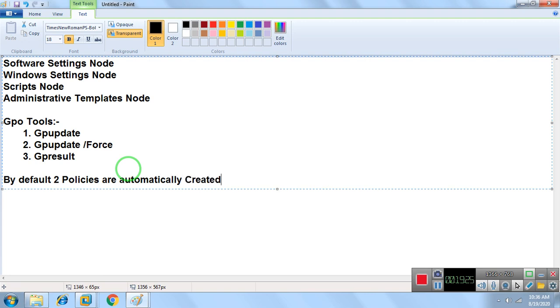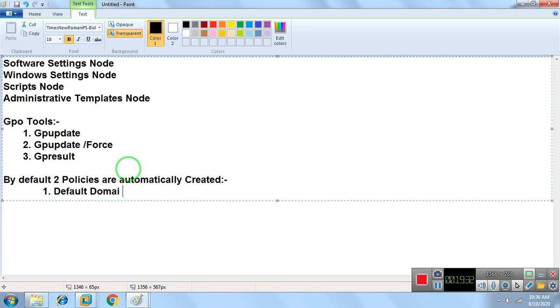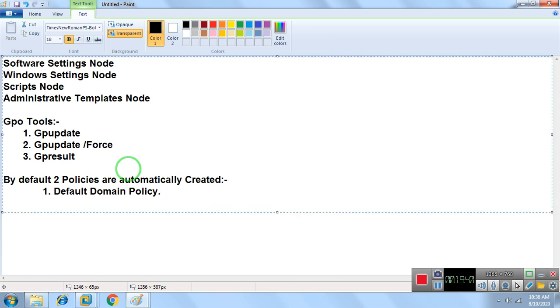Number 1 is known as Default Domain Policy, and number 2 is known as Default Domain Controller Policy. So we have 2 types of policies which are automatically created once you create the domain controller. Okay, fine.